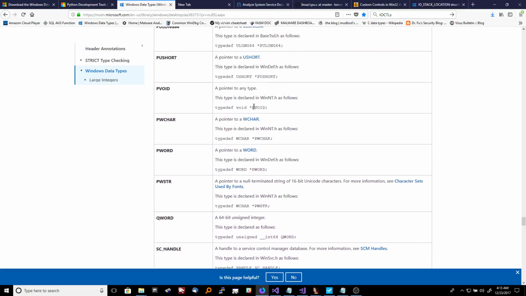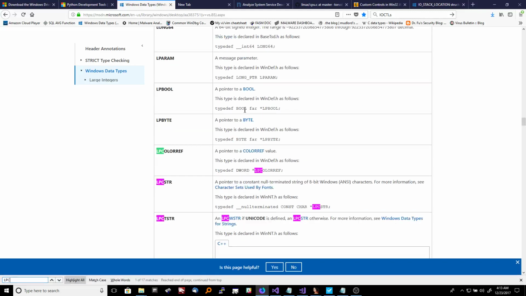It's void star. That's it. So if you've done C programming, you know what a void pointer is. And then they have these other ones that sound super complicated, like